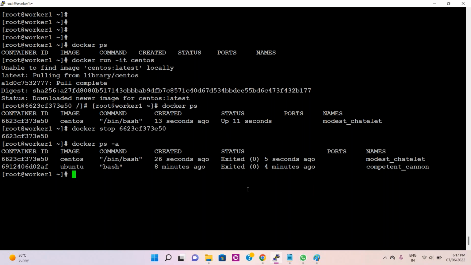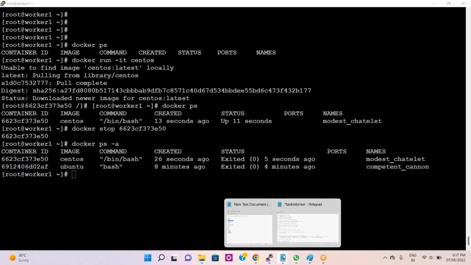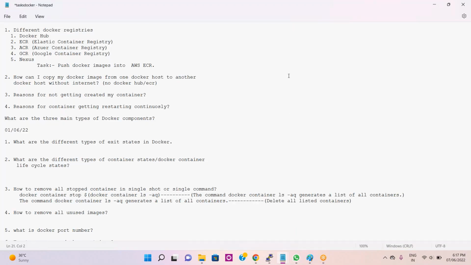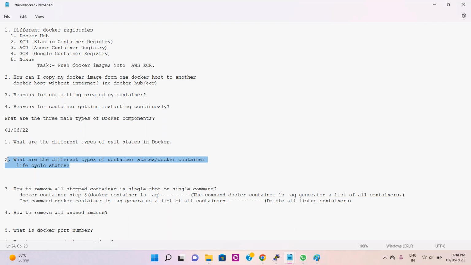Why did it stop? There are multiple reasons, guys. You stopped it manually, or it stopped because of a failure. There are different reasons to stop the container. So what is the reason? That is the container state. Next, different types of container states, like exit state, running state, life cycle. We can call it the life cycle also. Okay. So next,